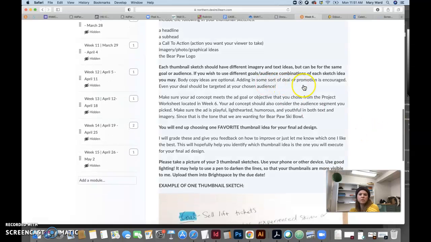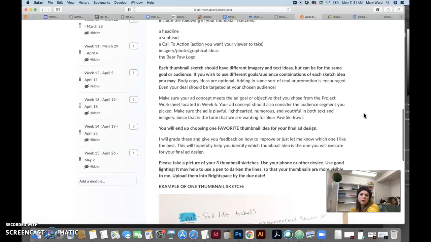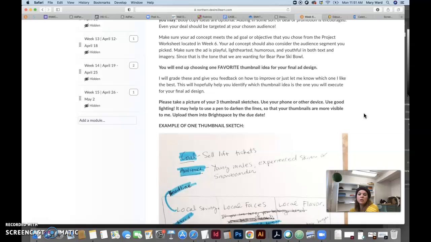You can also add in some sort of deal or promotion if you think of something. Obviously, if you're designing something for seniors, they get to ski for free, so that's something you could potentially put in an ad for senior skiers. Whatever deal you make up should be targeted at your chosen audience. So if you're doing it for families, maybe kids ski for free under the age of 6, or something. Just make it up if you want to. Add in some kind of promotional deal, that's totally fine. Just make sure that it's geared towards your